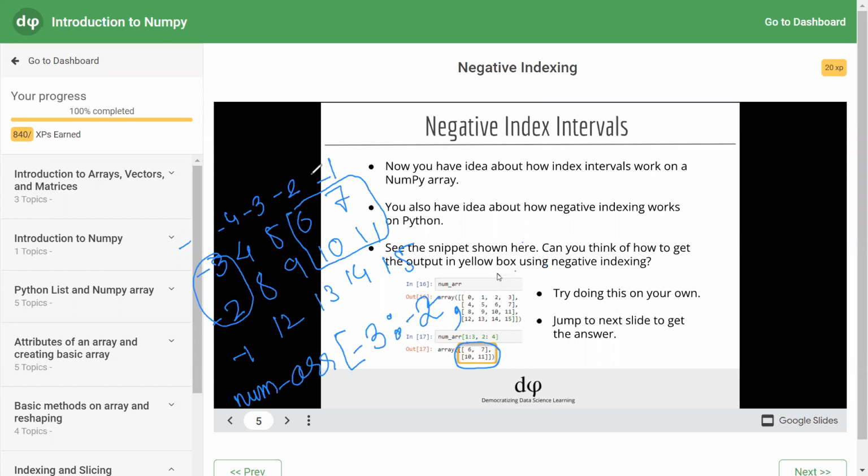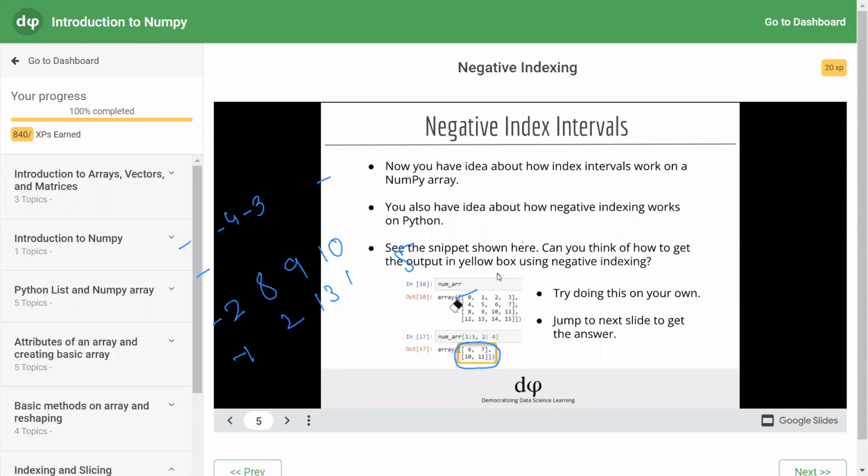So -1, -2. So you have to start from -1 and you have to run till -2. So this should be there. So let's cross check whether this is correct or not, and then we will come to the conclusion whether we have accessed them correctly or not.